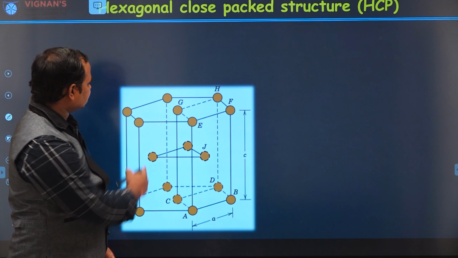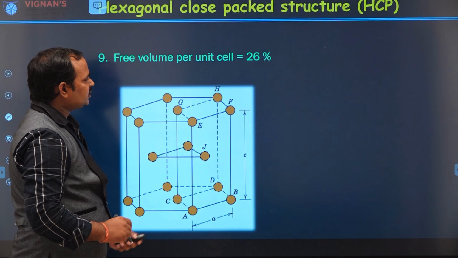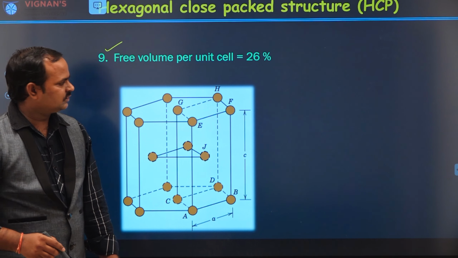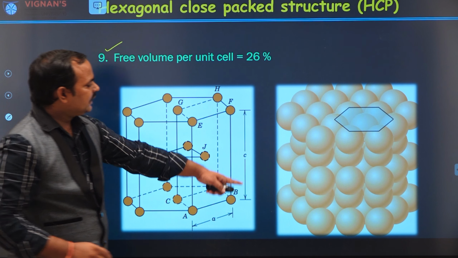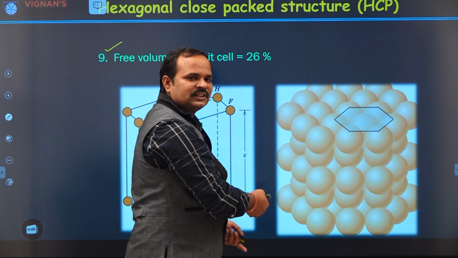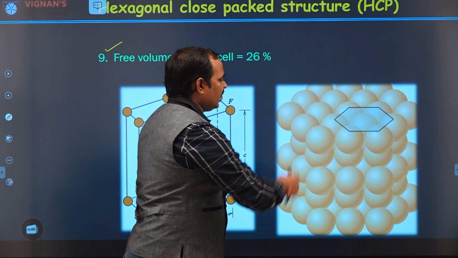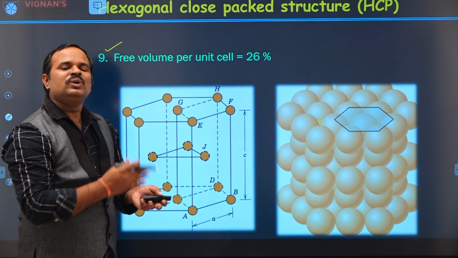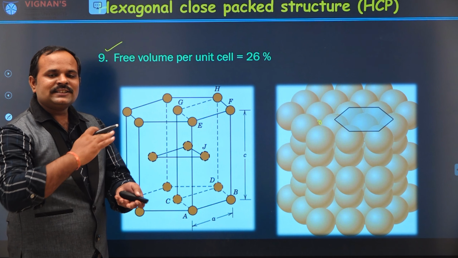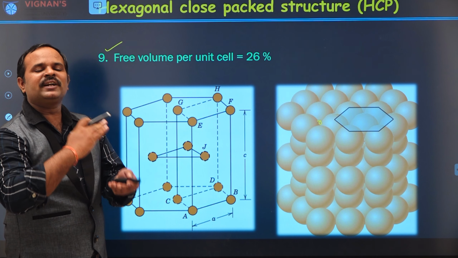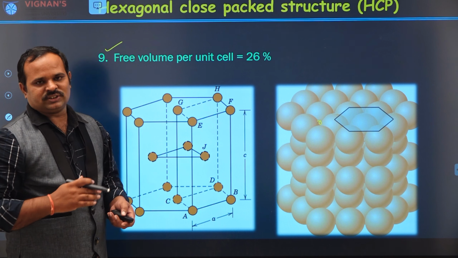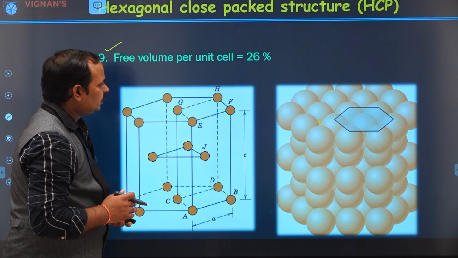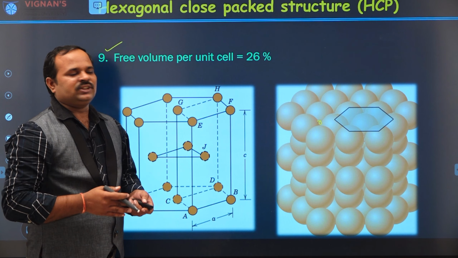And you can see this is how the atoms are, and the free space is 26%. This is how you can see the atoms are completely packed in the crystal structure and there are no gaps. And the gaps are only between this little small area, that is of the order of 26%. And the 74% of the unit cell is completely filled by the atoms in the unit cell. So this is the highest packing fraction that we will get. So this is a closed pack structure.